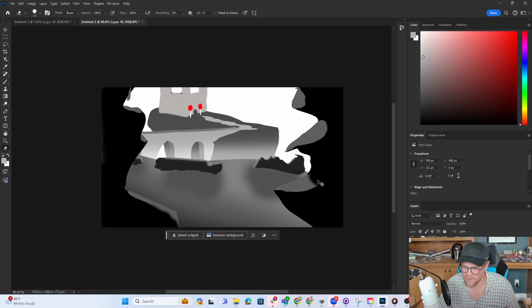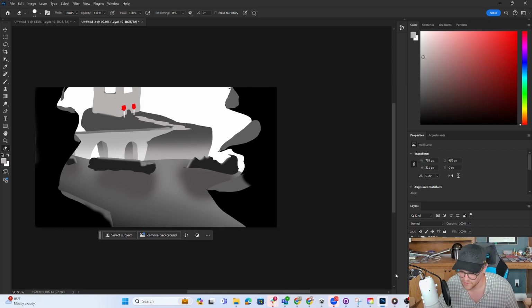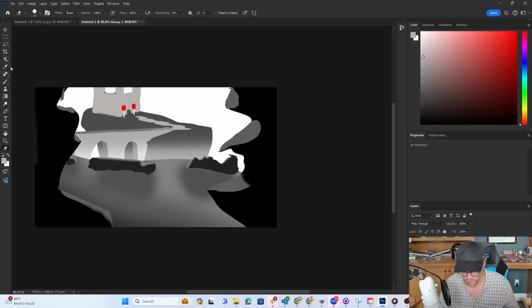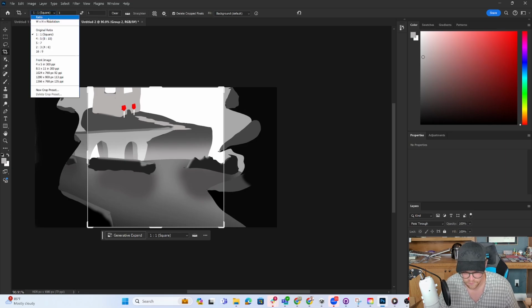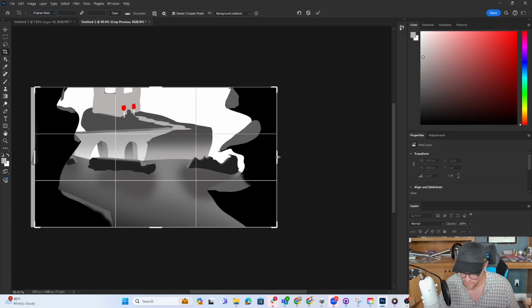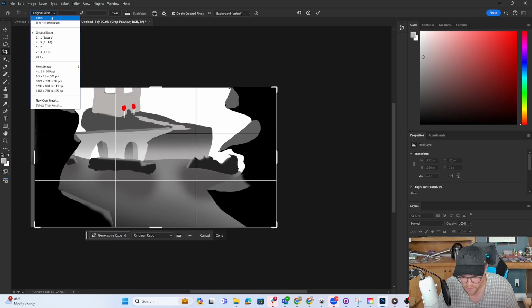So now what I want to do to contextualize this, if I'm going to take it into Unity, I really want to see how I'm going to build the level out. I'm just going to put everything into a folder. I want to come over to the crop tool. And I'll undo that. And I should be able to do like a